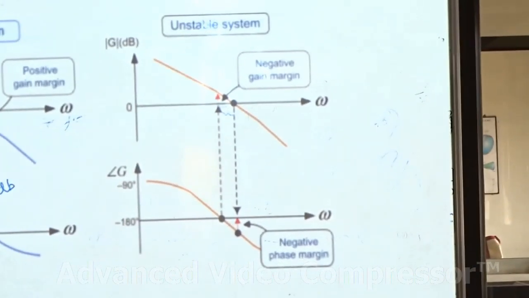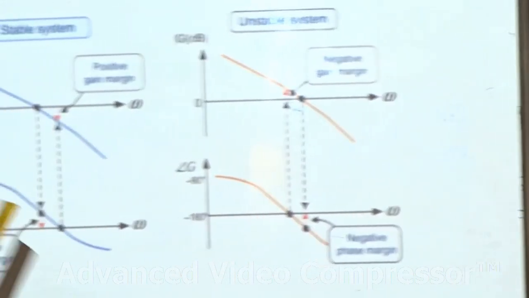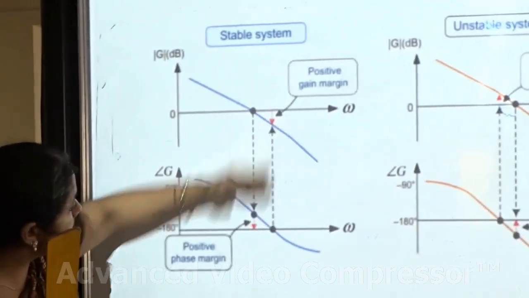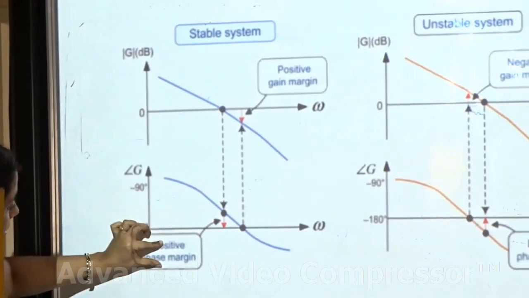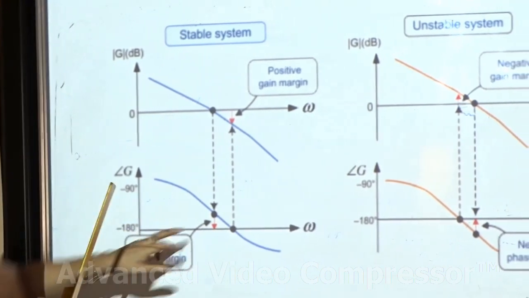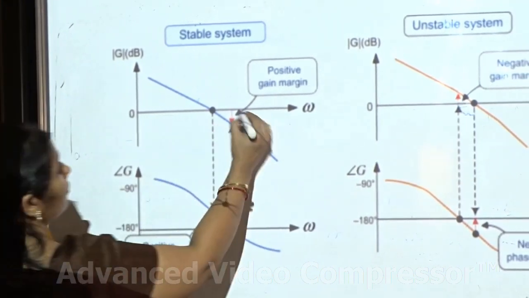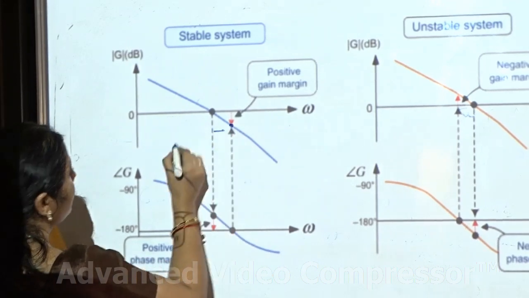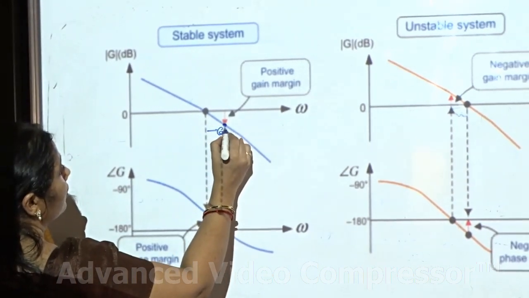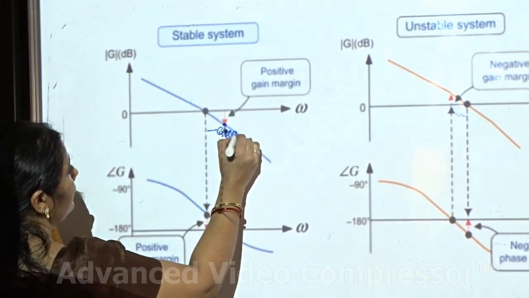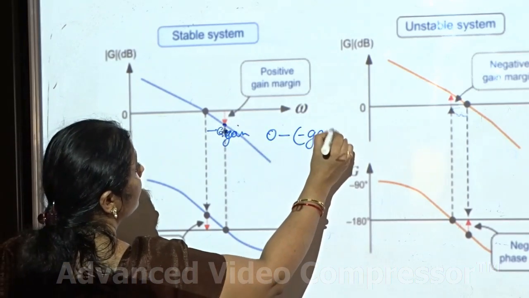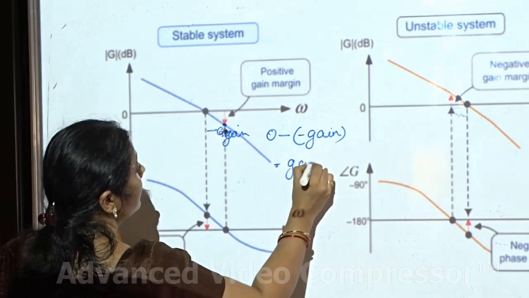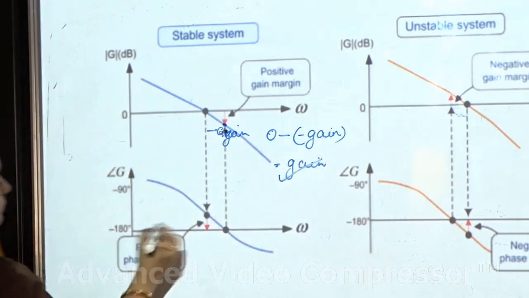For the system to be stable, your gain margin should be less than this. Phase margin should be above the minus 180 degree. We get a positive value. Okay. Here, and how do we get here? What is the value? This will be somewhere a negative value, negative G. Your gain is negative. 0 minus of this minus gain will be a positive gain value. So this is positive.